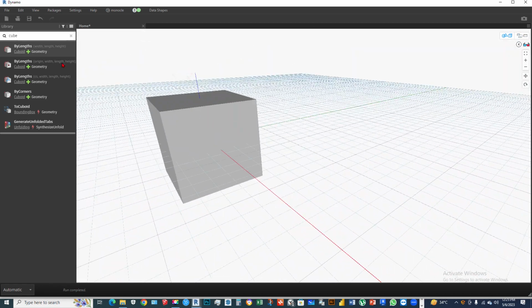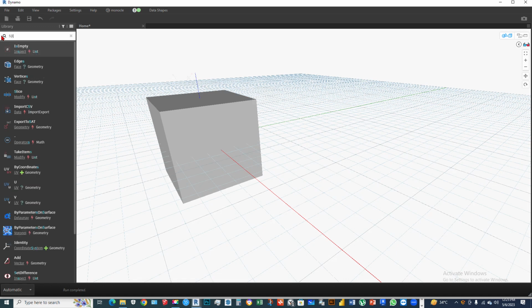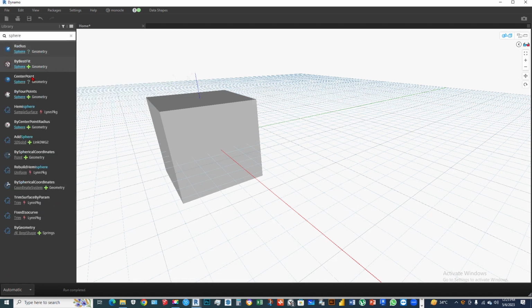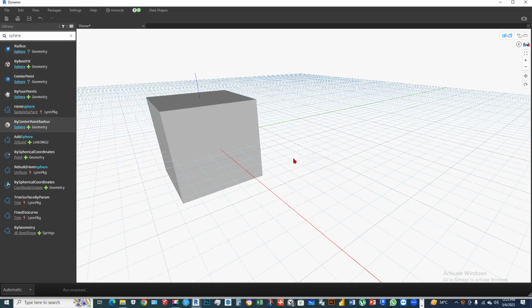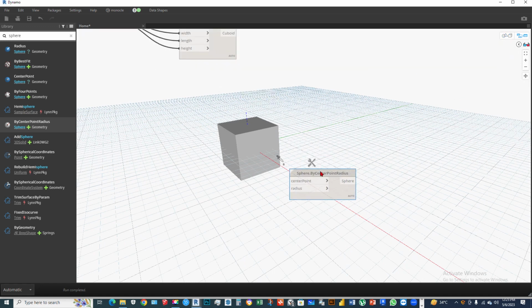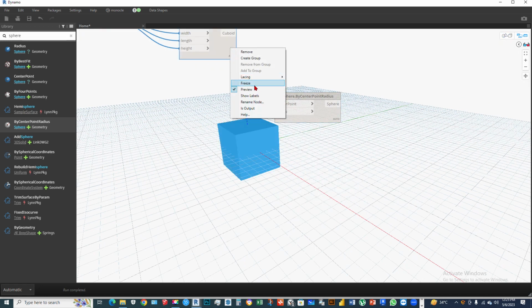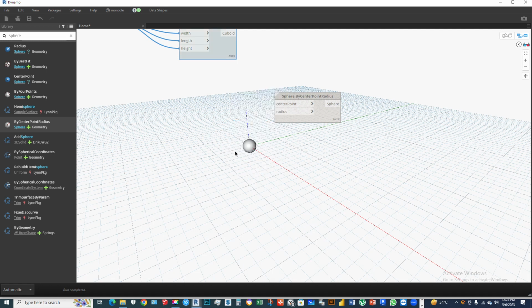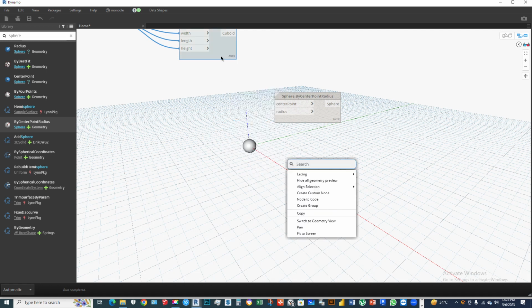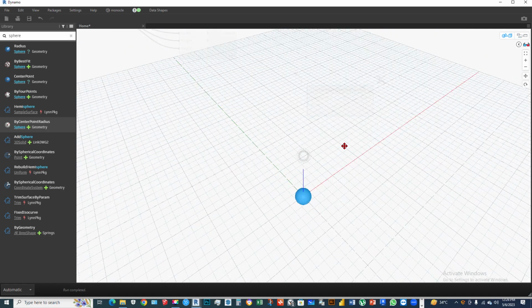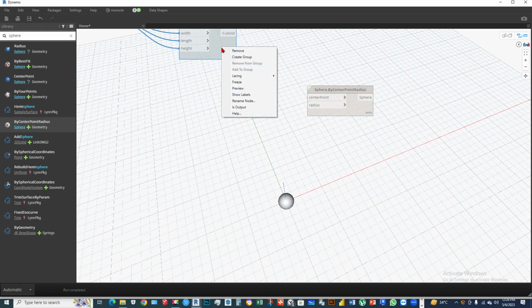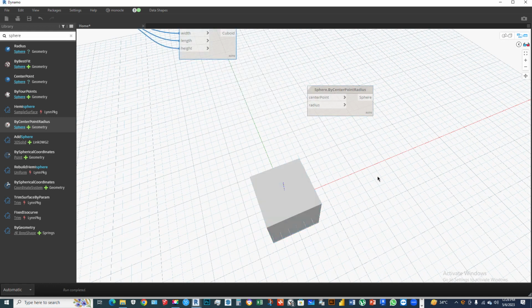sphere. Click these options and write it, say sphere, say by center point radius geometry sphere. If we hide this, we can show this is the sphere. Actually, I have to move this sphere from this cube. Okay. After that, we will see